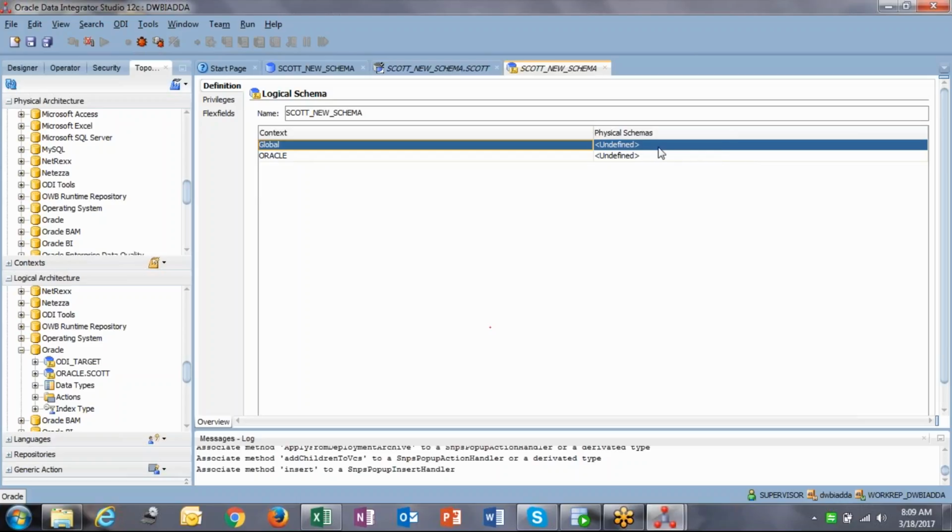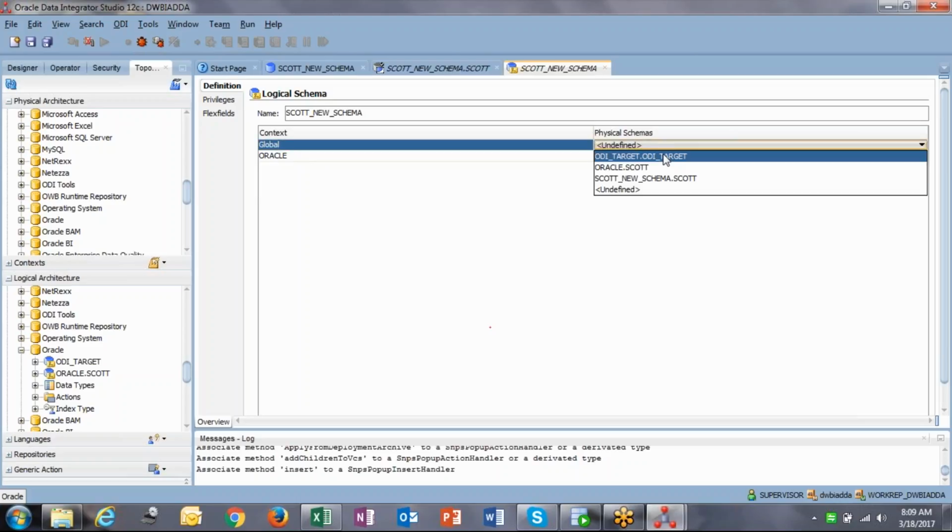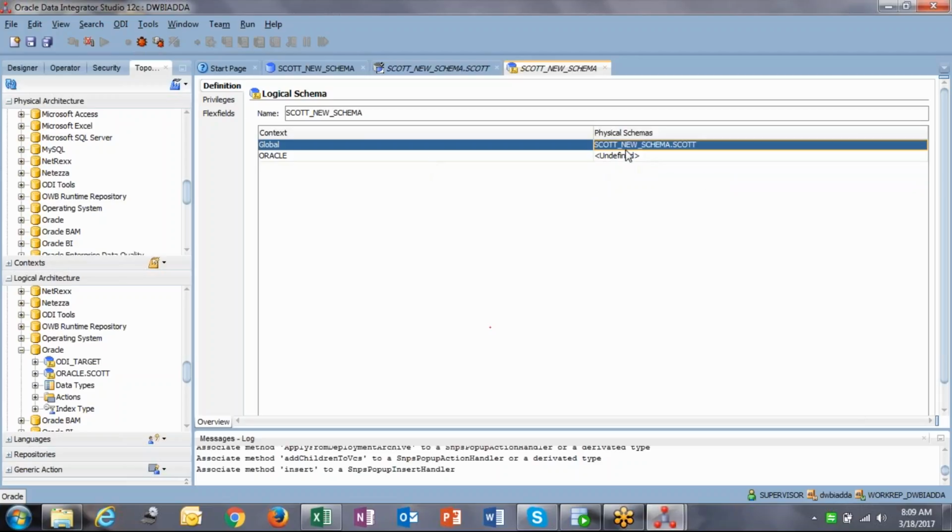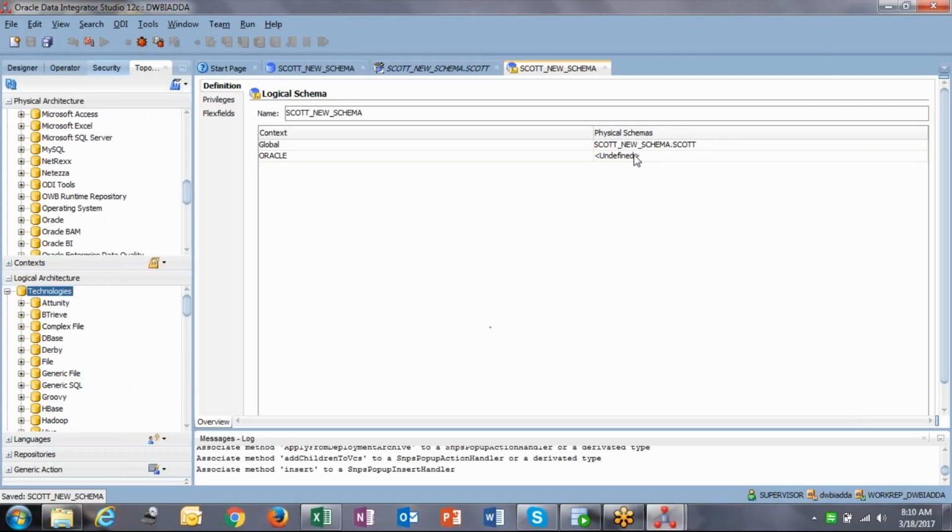In the global, if you expand the physical schema, see here, these are the physical schemas I have available in the physical architecture. Here I have to select the appropriate physical schema which is pointing to that particular physical architecture. I have created a physical schema here, Scott new underscore schema. So I have selected that one here, and the context belongs to the global. When you click here, that was saved. And if you go back to your physical architecture now,